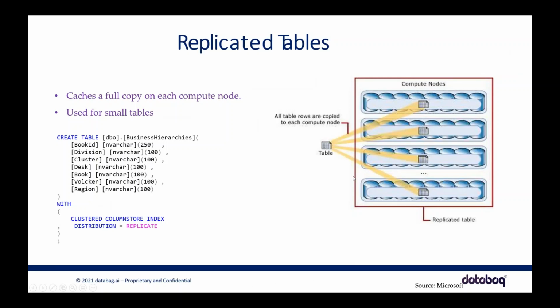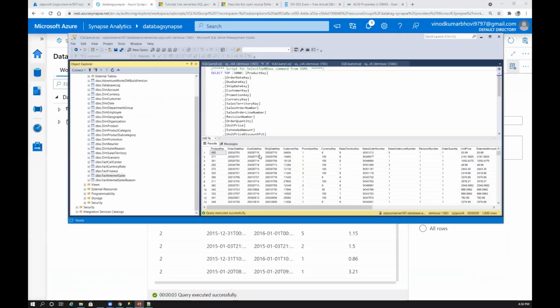Replication distribution is nothing but, like I said, we are talking about MPP architecture, right? So you have a control node, sorry, the parent node, and then you have worker nodes where the actual work gets executed. So when you try to insert the data, right? If you remember the example which we have seen, let me go back to it again.